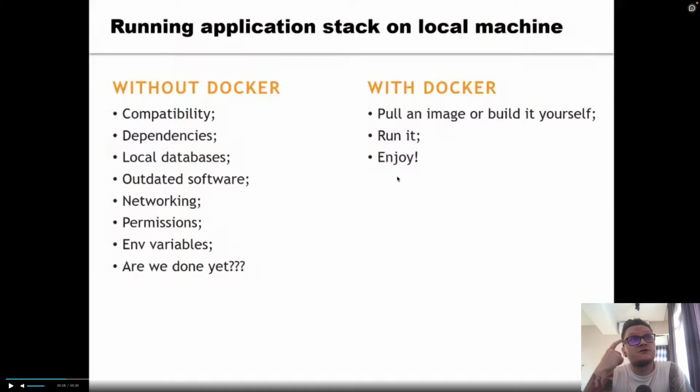Usually when we work, we use different services. For example, you're a Java developer, a backend developer, and you have your own machine, and you're running only Java code all the time. You don't run anything else.